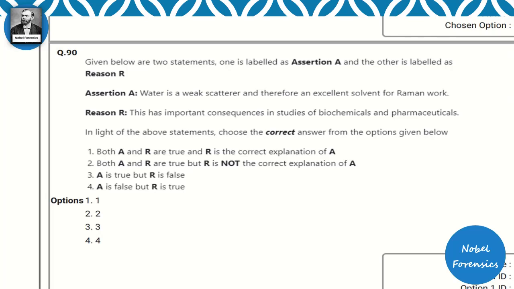Then 90. Given below are two statements. One is labeled as assertion and the other is reason. Assertion: Water is a weak scatterer and therefore an excellent solvent for Raman work. It is definitely correct. Then reason: this has important consequences in studies of biochemicals and pharmaceuticals. This is also correct. So both A and R are correct, and R is the correct explanation of A. Option 1 is correct. And here I have shared up to 90 questions, 51 to 90, total 40 questions, and the remaining